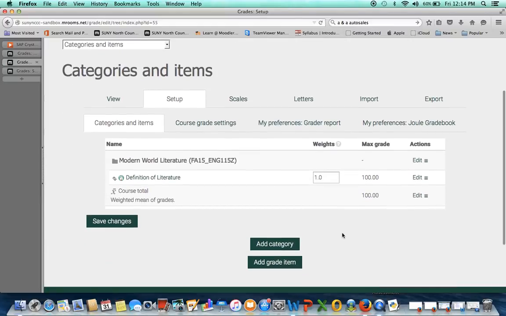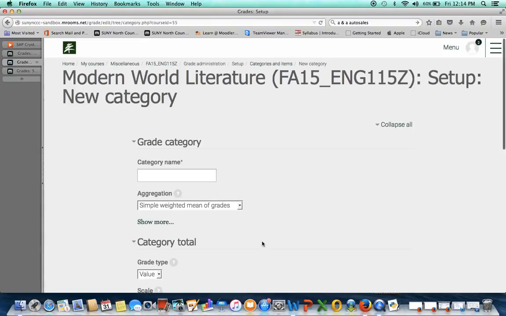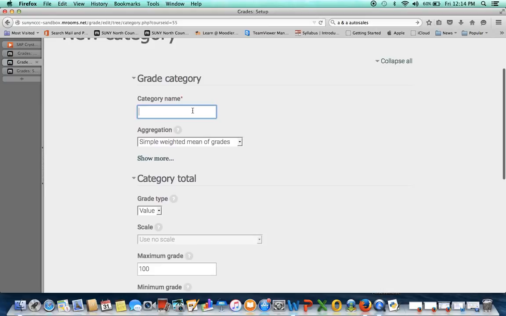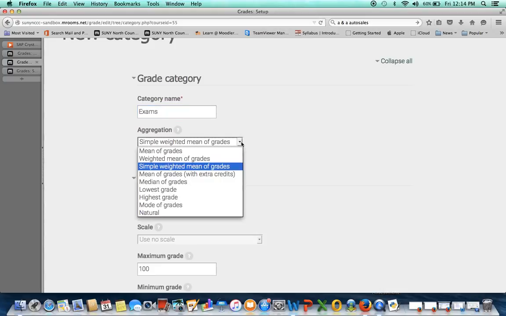Now we'll go ahead and set up our individual categories. And Moodlerooms makes it pretty easy. Under here you see Add Category or Add Grade Item. We'll start by adding your categories. And the first category I will create is exams. And again, you can choose the